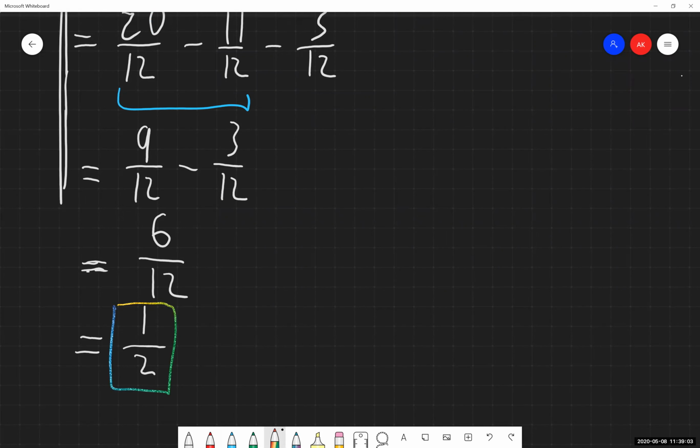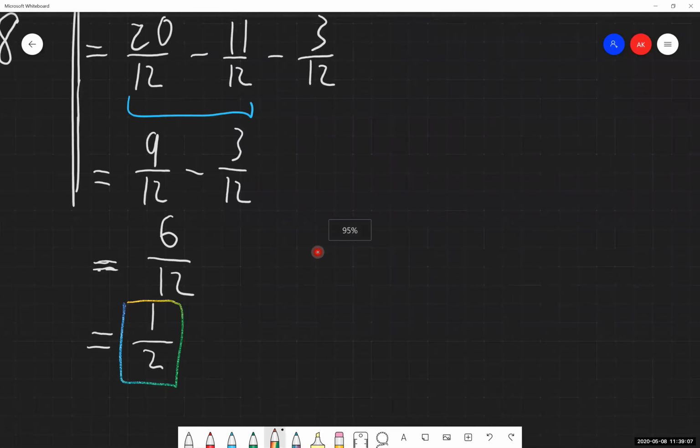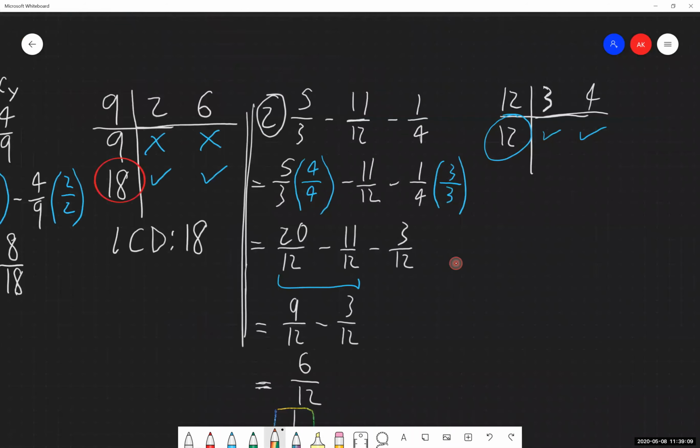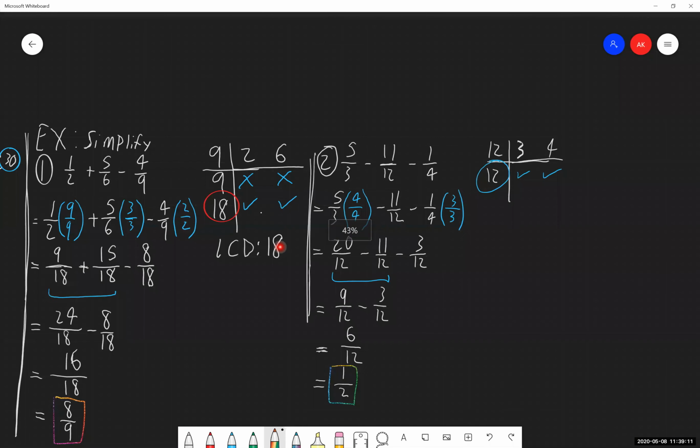Okay. So zoom us out here a little bit. The method for finding the lowest common denominator that I use for both of these with this table, you're welcome to use it if you'd like to. You don't have to use it if you can find out what these lowest common denominators are in your head. If you can do that, great.